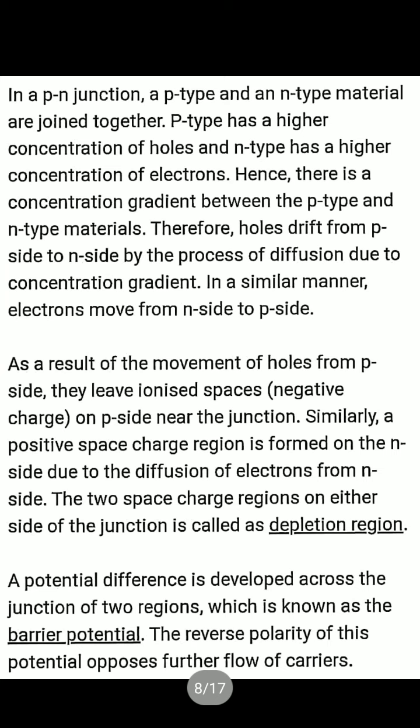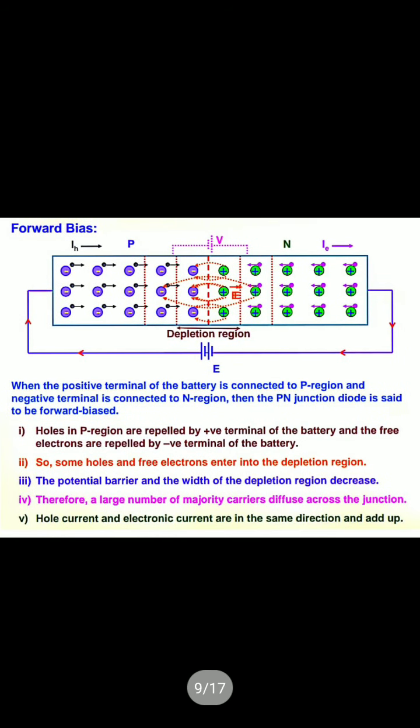Here I will write this in very simple language. You can write anything: depletion layer, barrier potential. So this depletion layer is formed, this potential barrier is formed, and the diffusion and drift processes stop. Then how can we get current? If there is no movement of electric charges, how can we get an electric current?